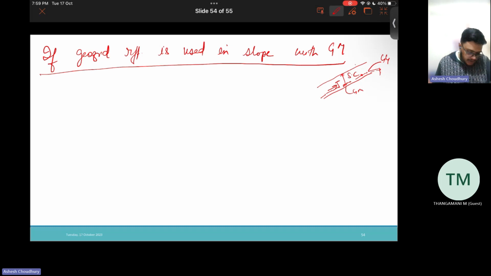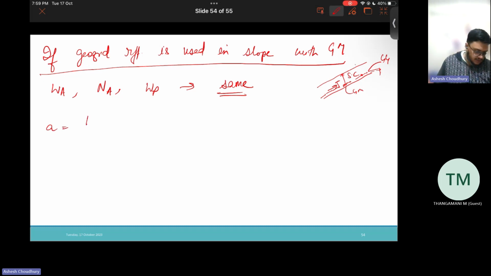in that case WA, NA, WB remain the same as previous. This won't get affected. This EA term, that is the earth pressure, actually gets affected, and that's why these ABC terms get changed. This A will change into